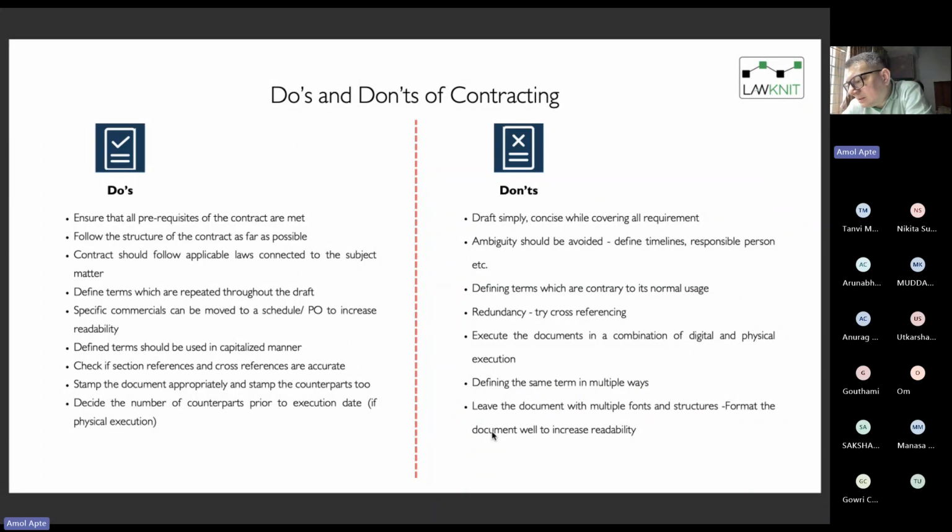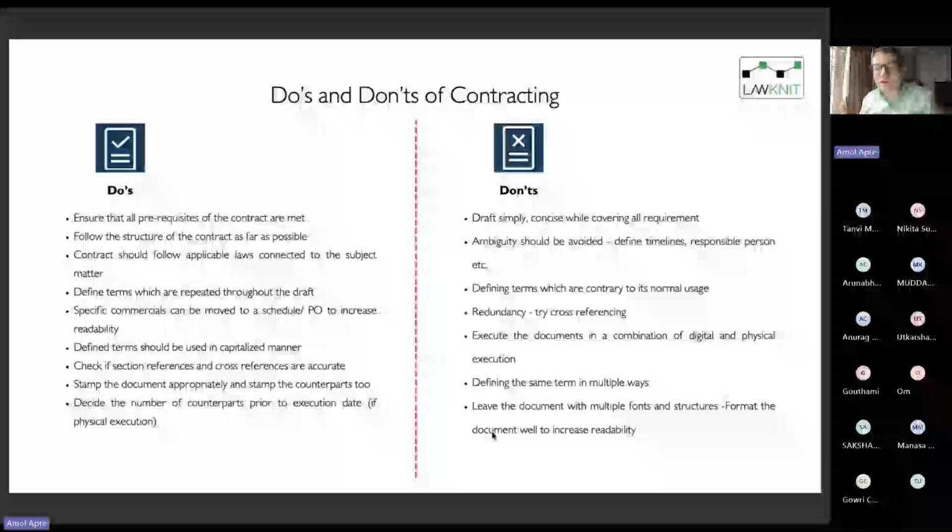This is best avoided, because then it just creates confusion as to which one to be relied on in case of a dispute. And just in case there are some differences between these two documents, it will be a nightmare in case of a dispute. And therefore, it's always advisable to decide beforehand as to whether you want to go physical or you want to go digital. Defining the same term in multiple ways, obviously you want to avoid that